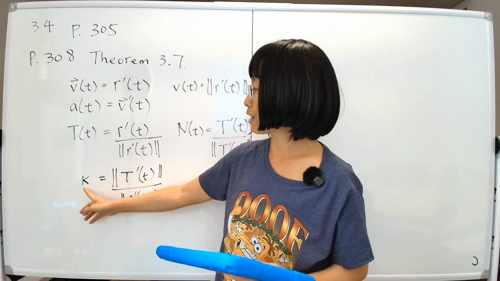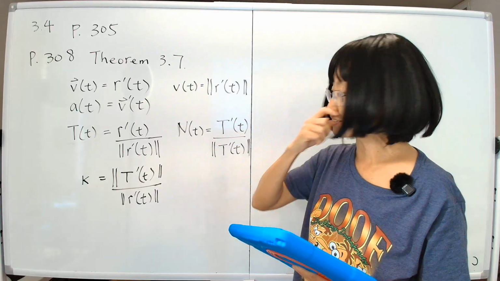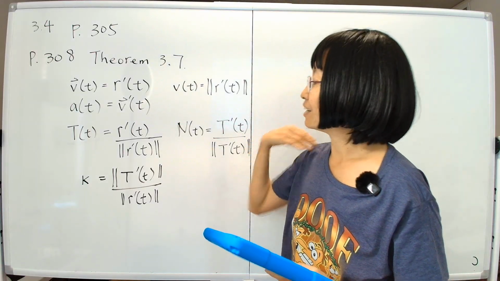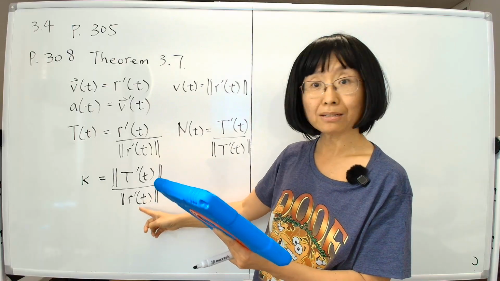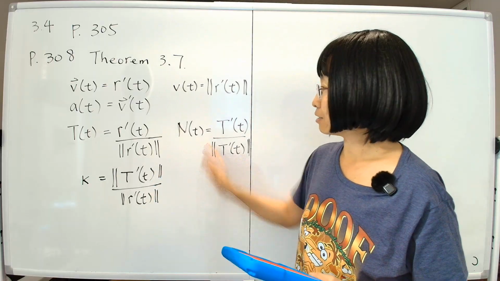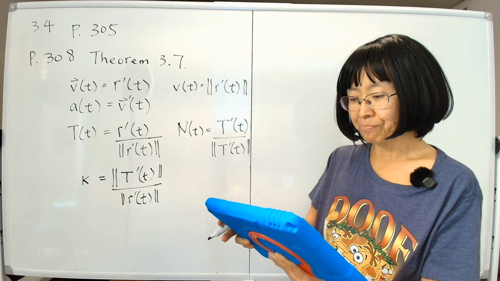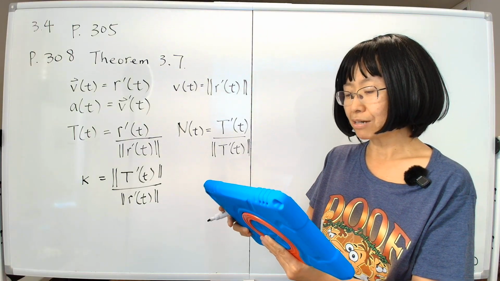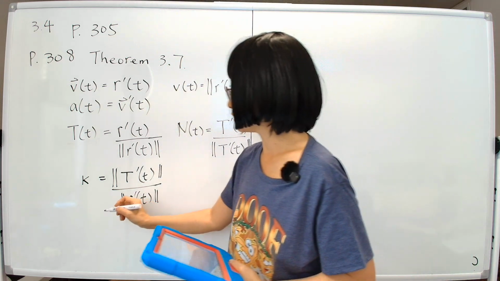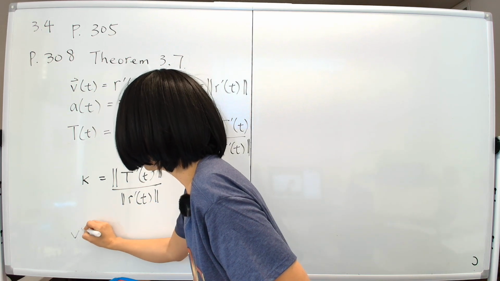And finally, kappa. There are several ways to calculate kappa, right? But one of the ways of calculating kappa is T prime divided by r prime. All this we presented earlier, but I want to refresh your memory. So now that we know that, first what we're going to do is write down this equation. What is v of t? So v of t equals